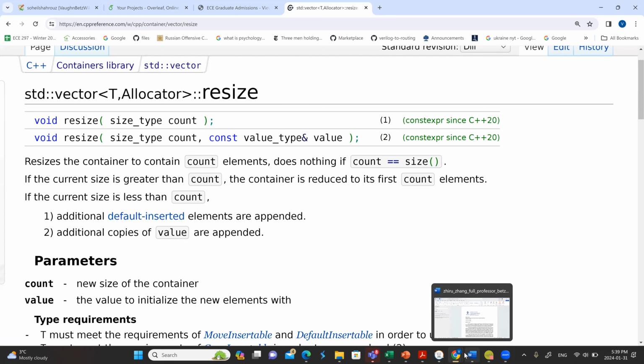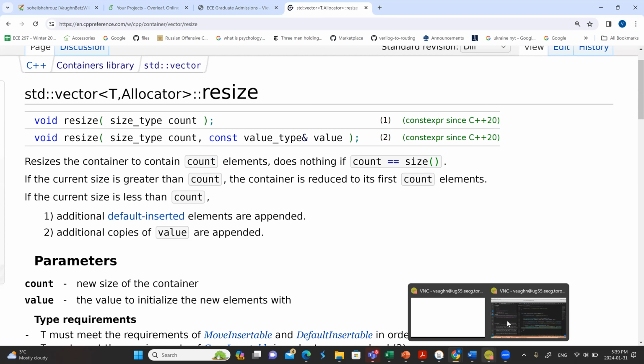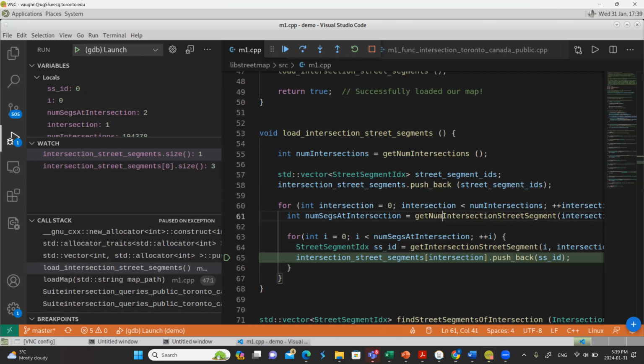So I'm going to go back and type that in. The fix is pretty easy. I basically just changed this to resize, and I pass in the number of elements I want in this first dimension, which is num intersections. All right, I saved that.